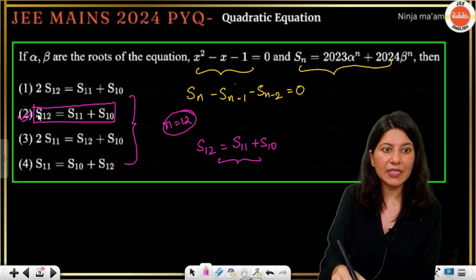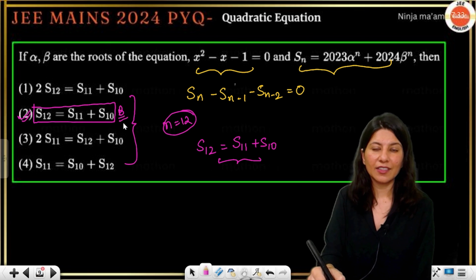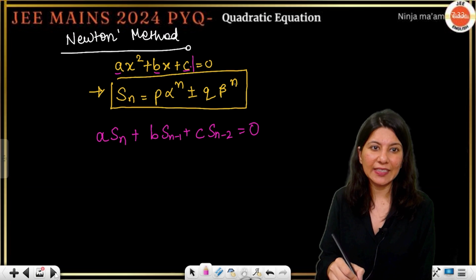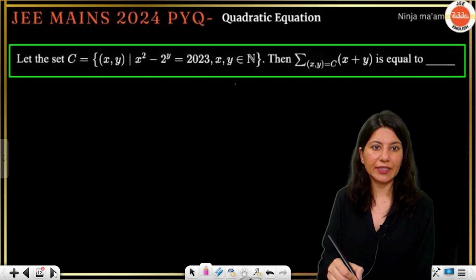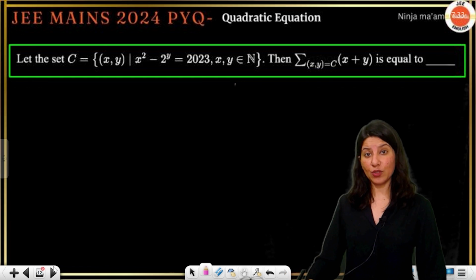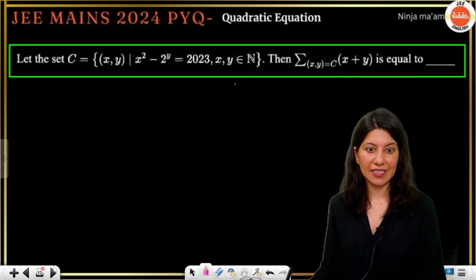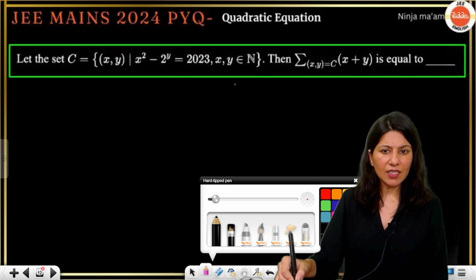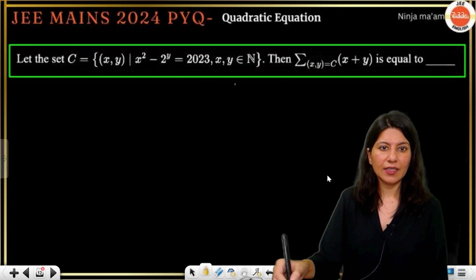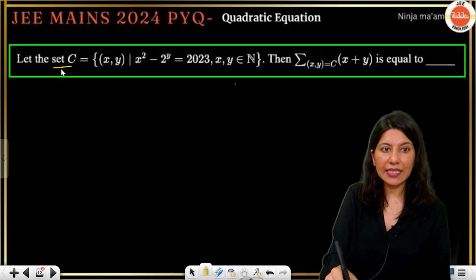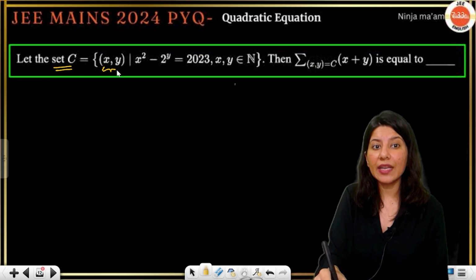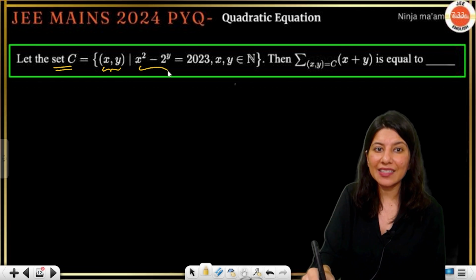Clearly option B is absolutely right. Okay. Clear? All right. Now we are moving towards another question. Another question says that set C is having ordered pairs